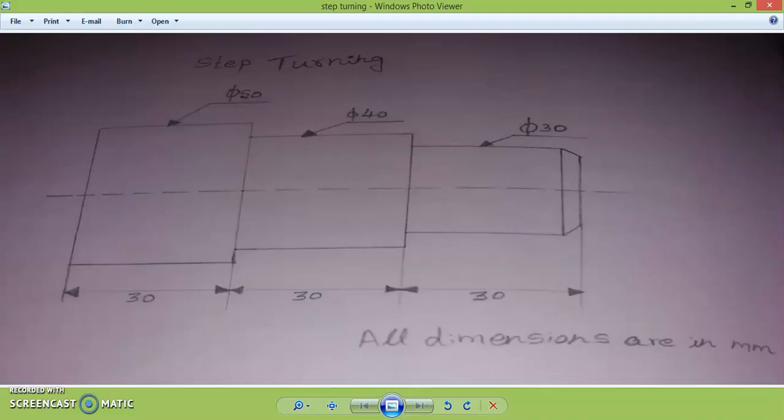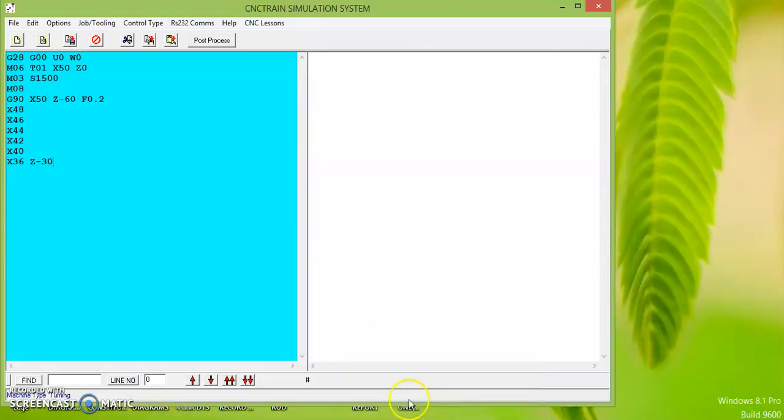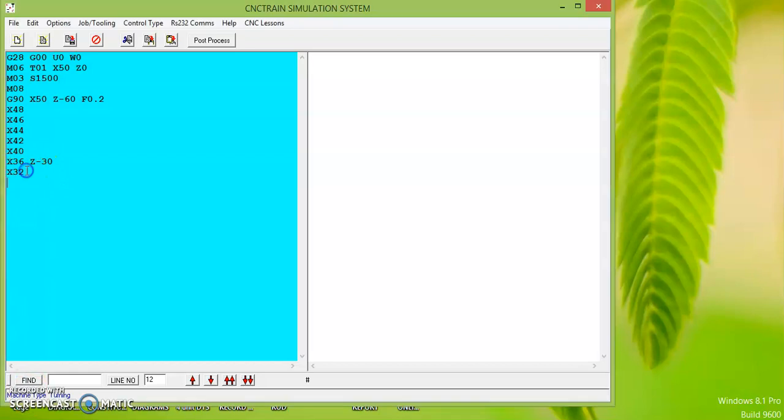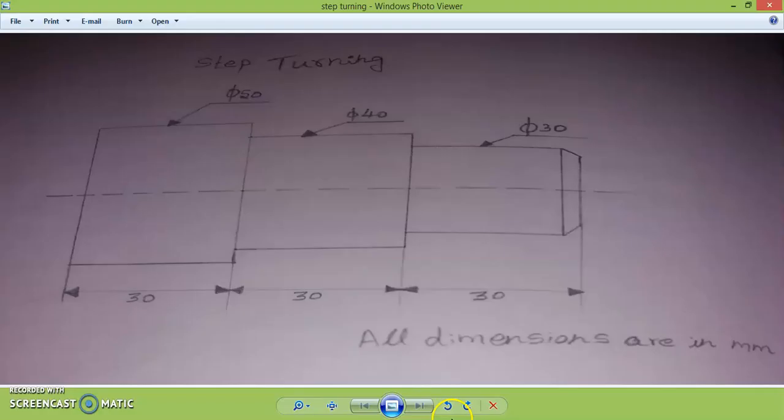So for 40 mm diameter 30 mm length should be reduced. So the X36 and Z minus 30 is used. Next X32. So next X30 Z minus 30, that is the final diameter is 30 mm with 30 mm length with a